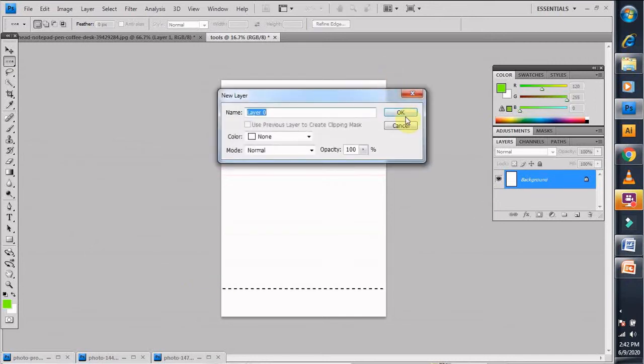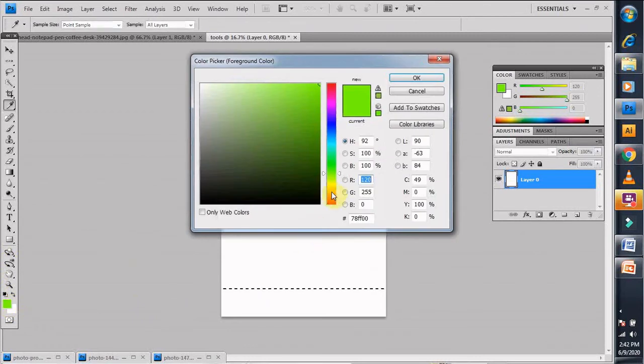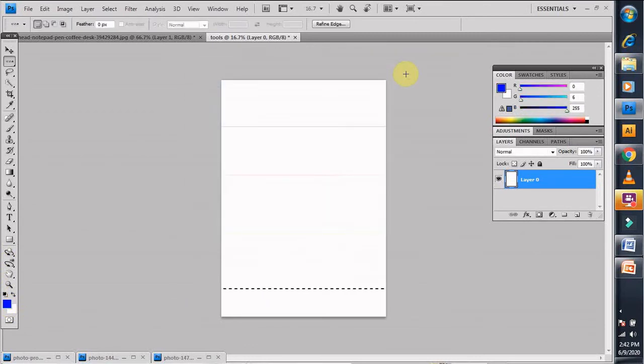And let's make it into a layer. Okay, and now I am taking a brighter color like blue, and then I click Alt Backspace and my area gets filled. Okay, so this is the single row.